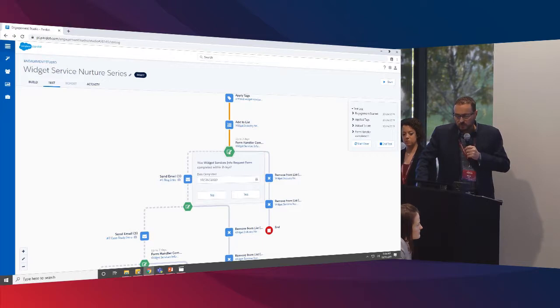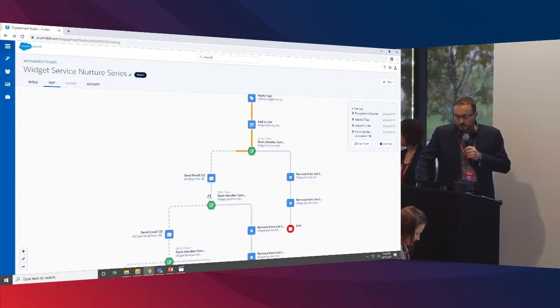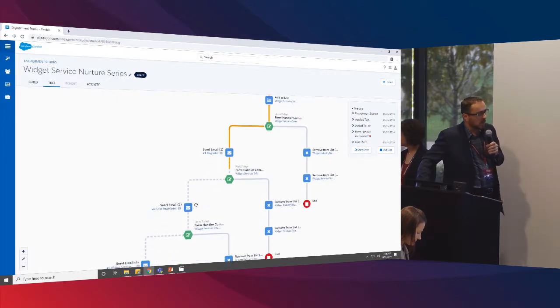So when the question comes on the check of whether or not he filled out the form, if he had filled out the form, it would automatically go to the right here, which, again, I said would remove him from the list for this campaign and the other list, and it would end the campaign for him. But we're going to say that he didn't, so it's going to go to email 1, which is a blog post